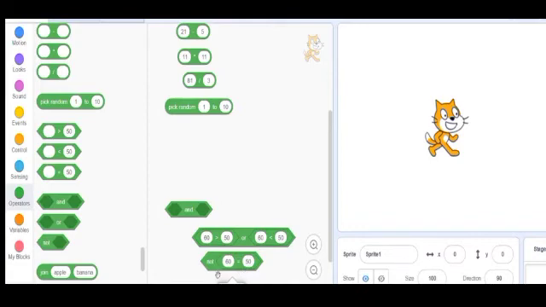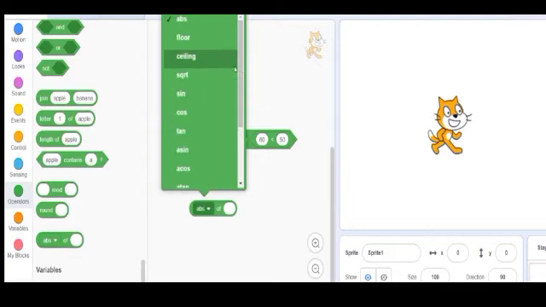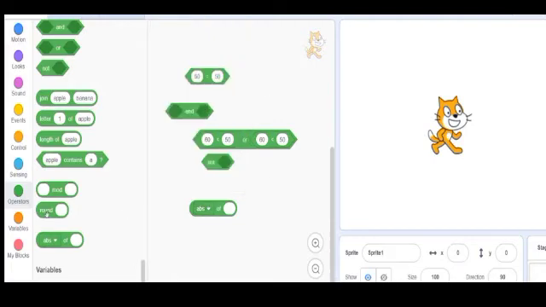This is operators block. Now you see, we have different kinds of mathematical functions also. See, we have square root, we have cos theta, tan theta. So we can use them also. It gives the result the way we want. Even we have remainder option also.